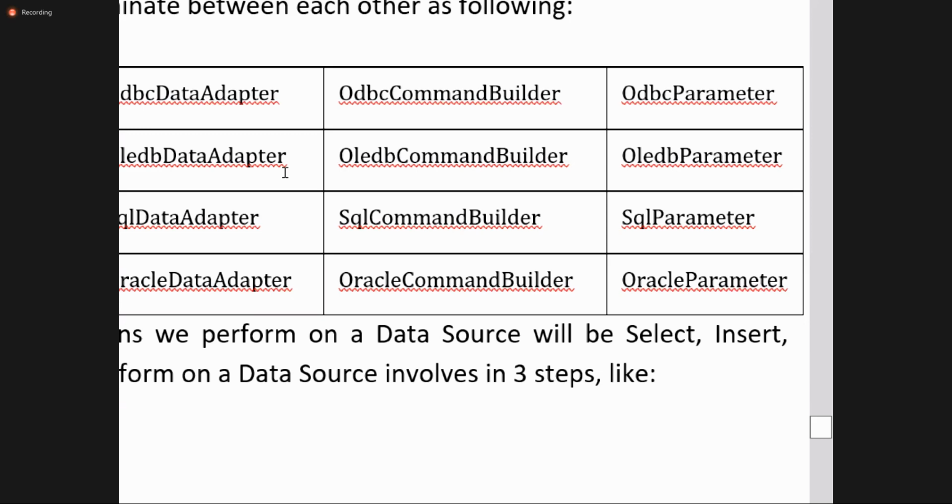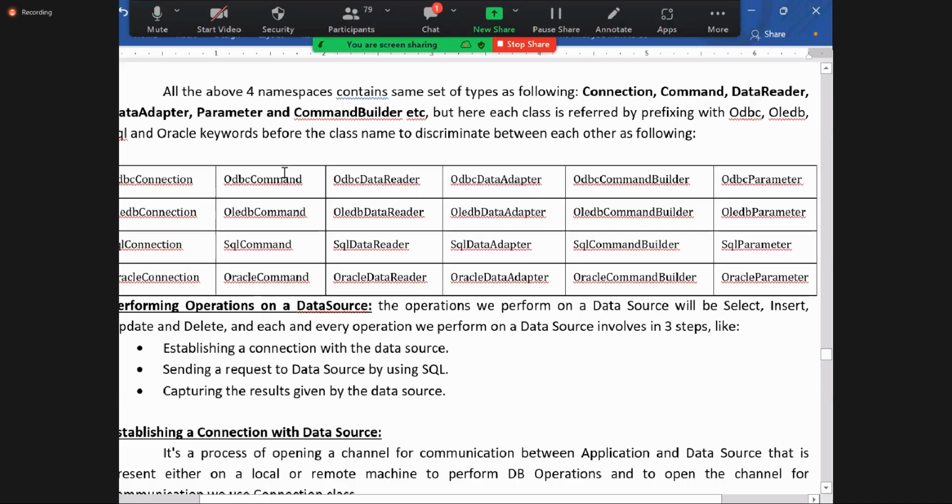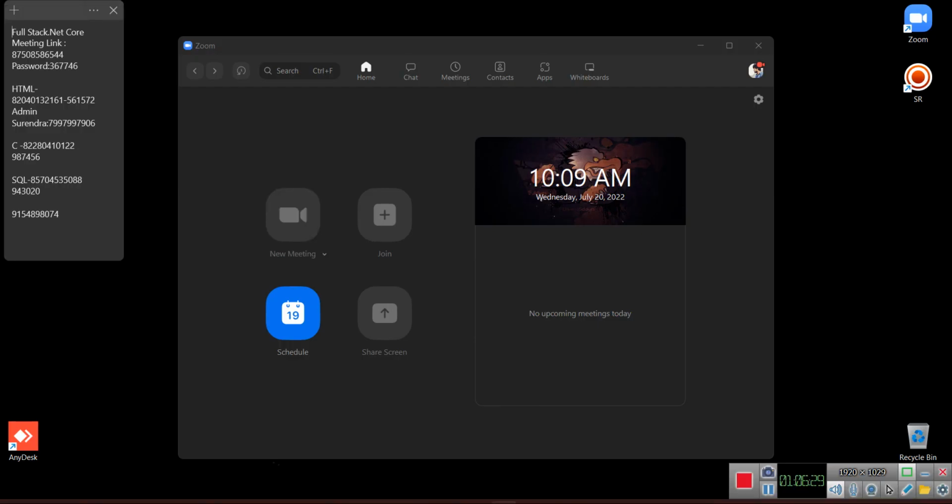So now, what is the advantage? The advantage is, guys, you don't need to learn about each and every class here. You learn about connection enough. Depending on the requirement, you can just use an ODBC connection, OLEDB connection, SQL connection. While writing the code, you can choose that. So what I'll explain is only 6 classes, but what will be working is 24 classes. Did you understand my point or not? What I will explain is only 6 classes, but what you will be working with is